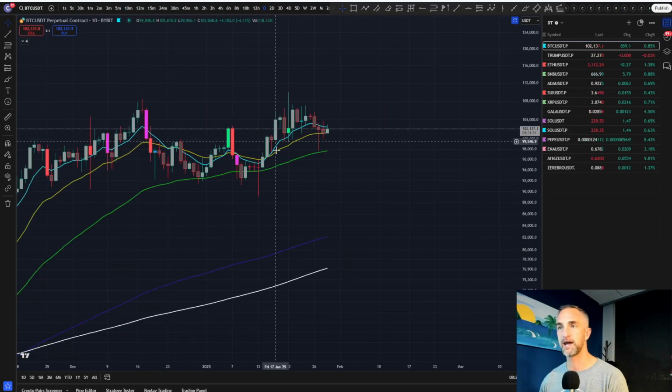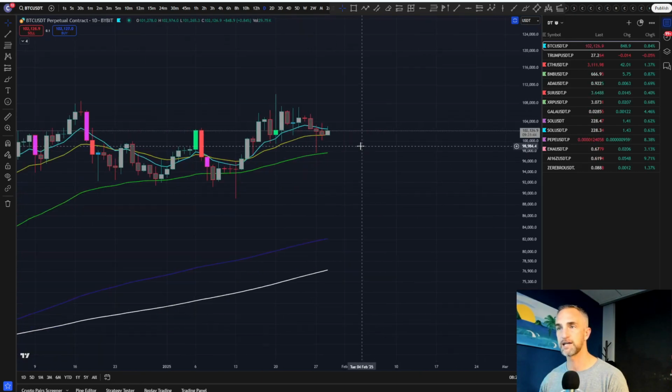So as we mentioned, as Bitcoin came into this green 55 on declining volatility, we were looking for a bounce yesterday. I think the bounce did get faded here as we were coming up to about 103. The important thing, though, is that we held above 100,000